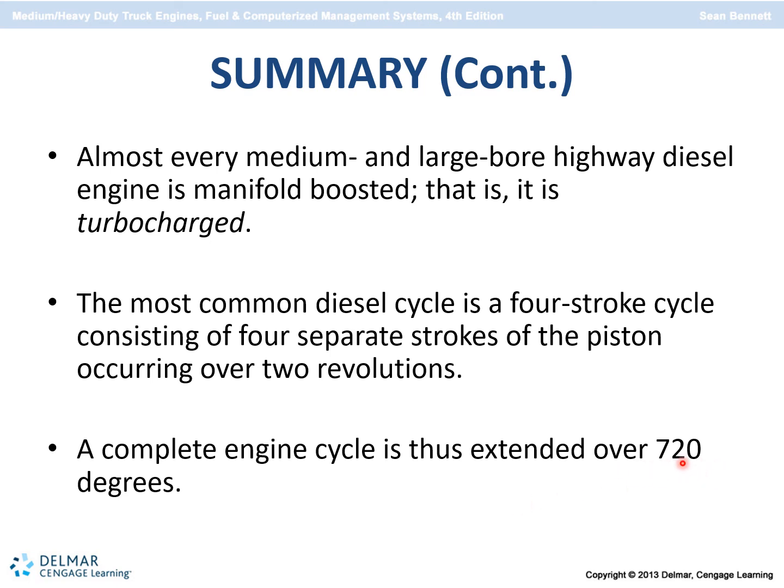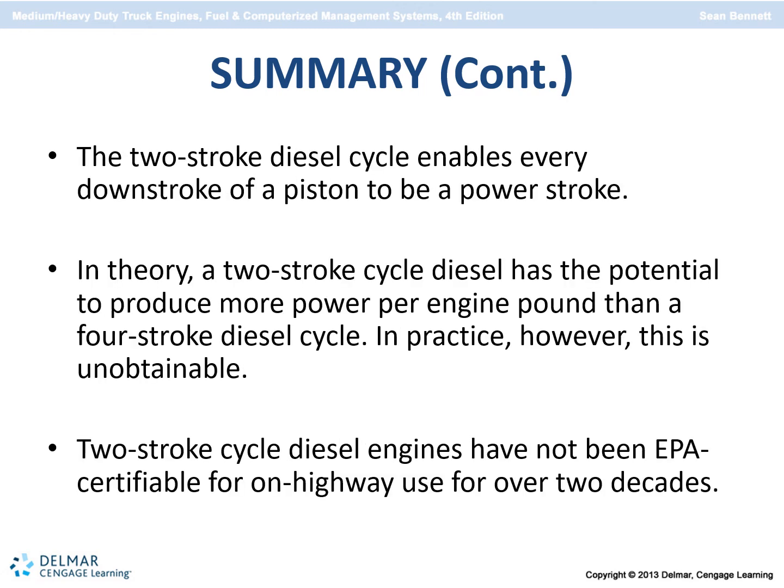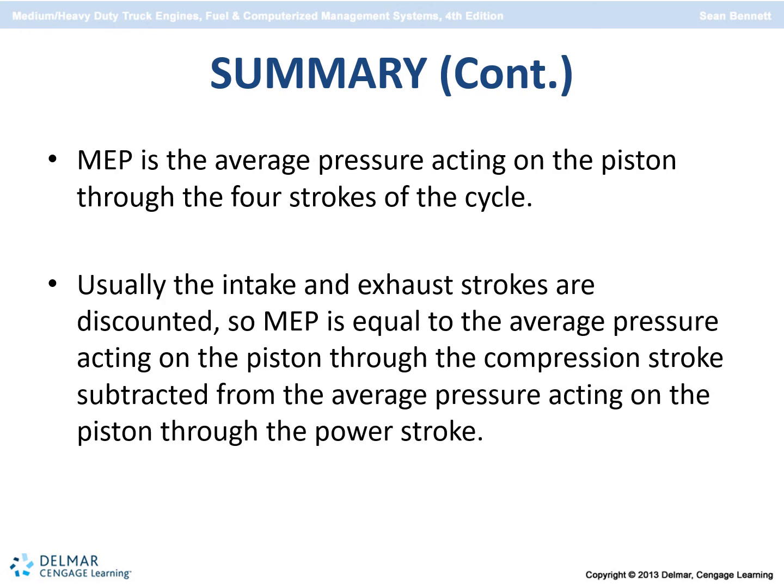That's 720 degrees. 2-stroke engines enable a power stroke every time the piston goes down. In theory, they have a potential to produce more power, but in practice it's not obtainable, and they're no longer certified for highway use. Mean effective pressure is the pressure acting on the piston through the 4 strokes of the cycle. It's essentially the pressure created inside the cylinder during combustion, subtracting the other pressures required to make the rest